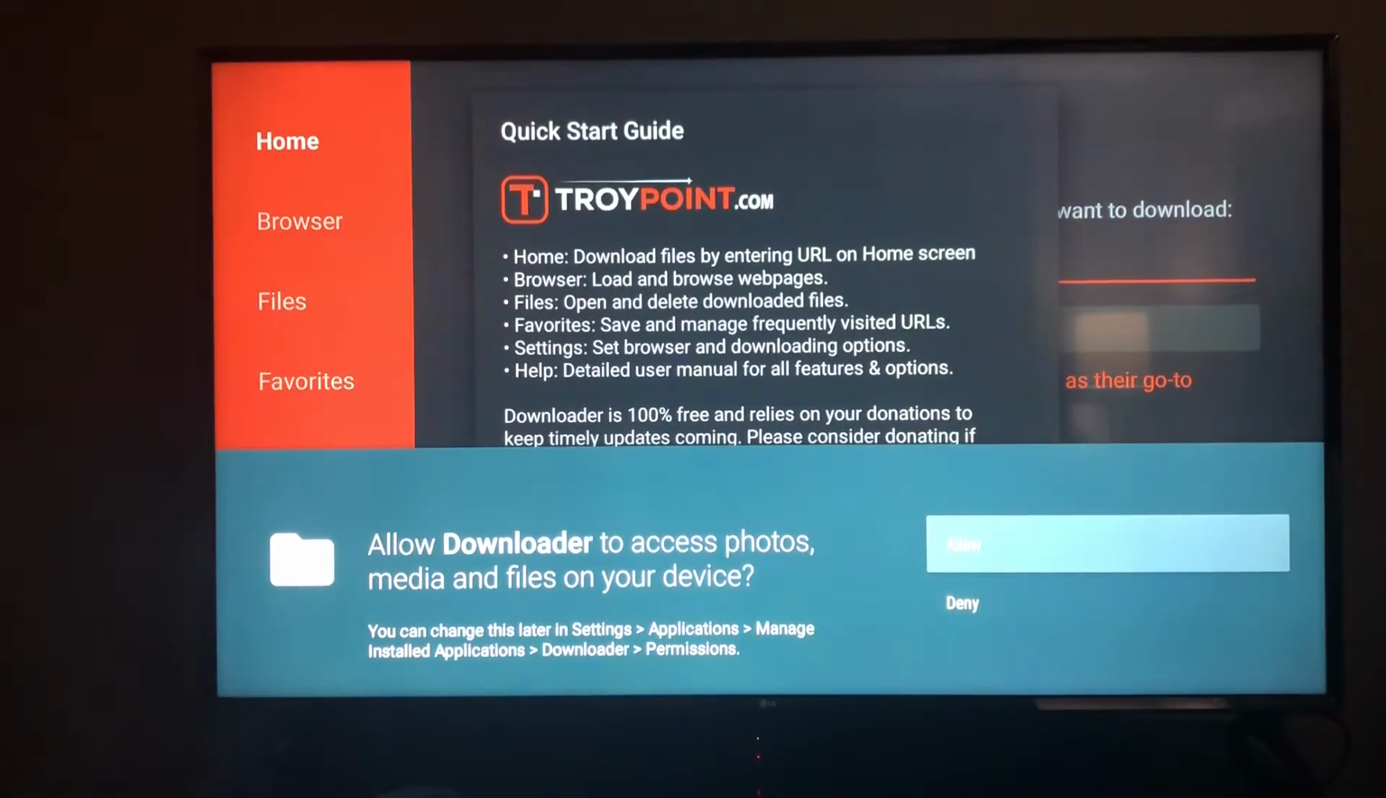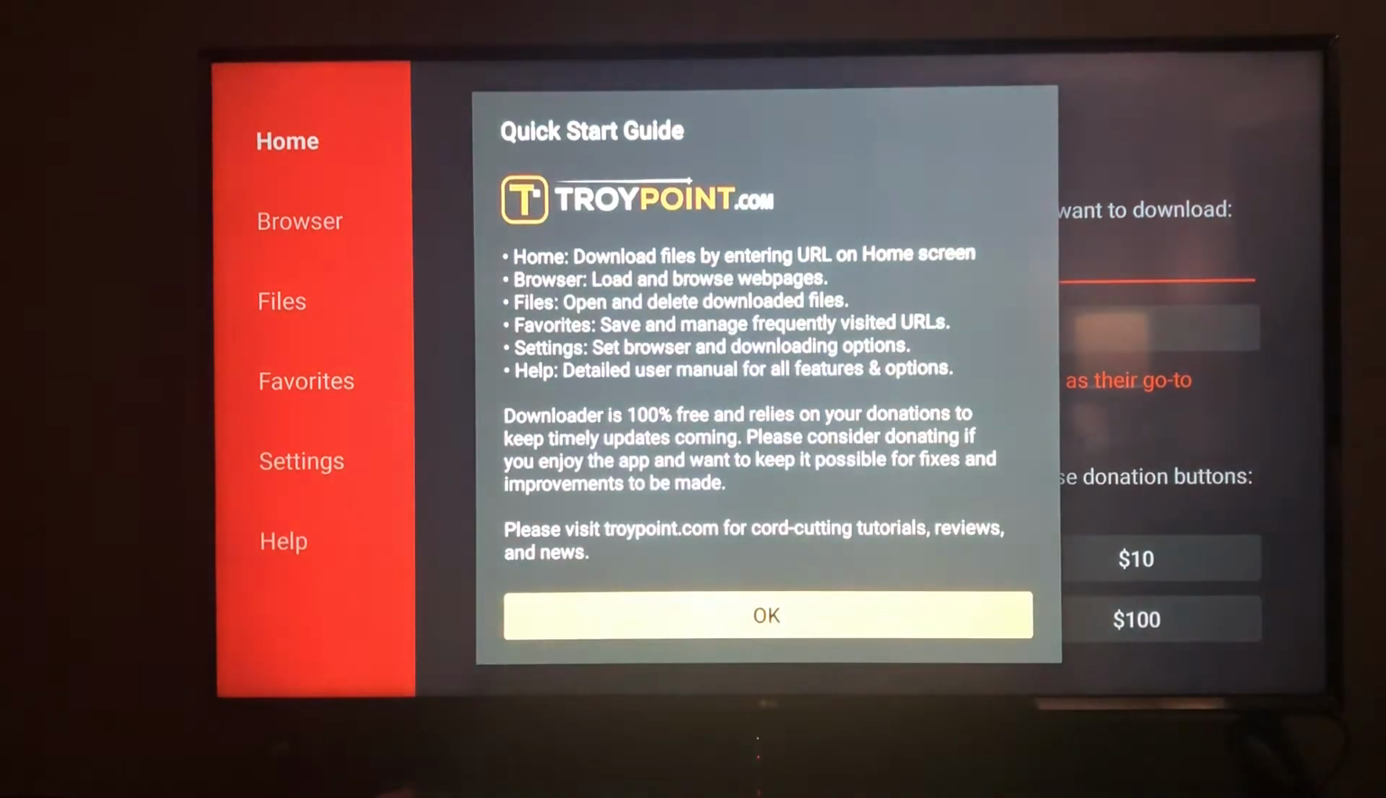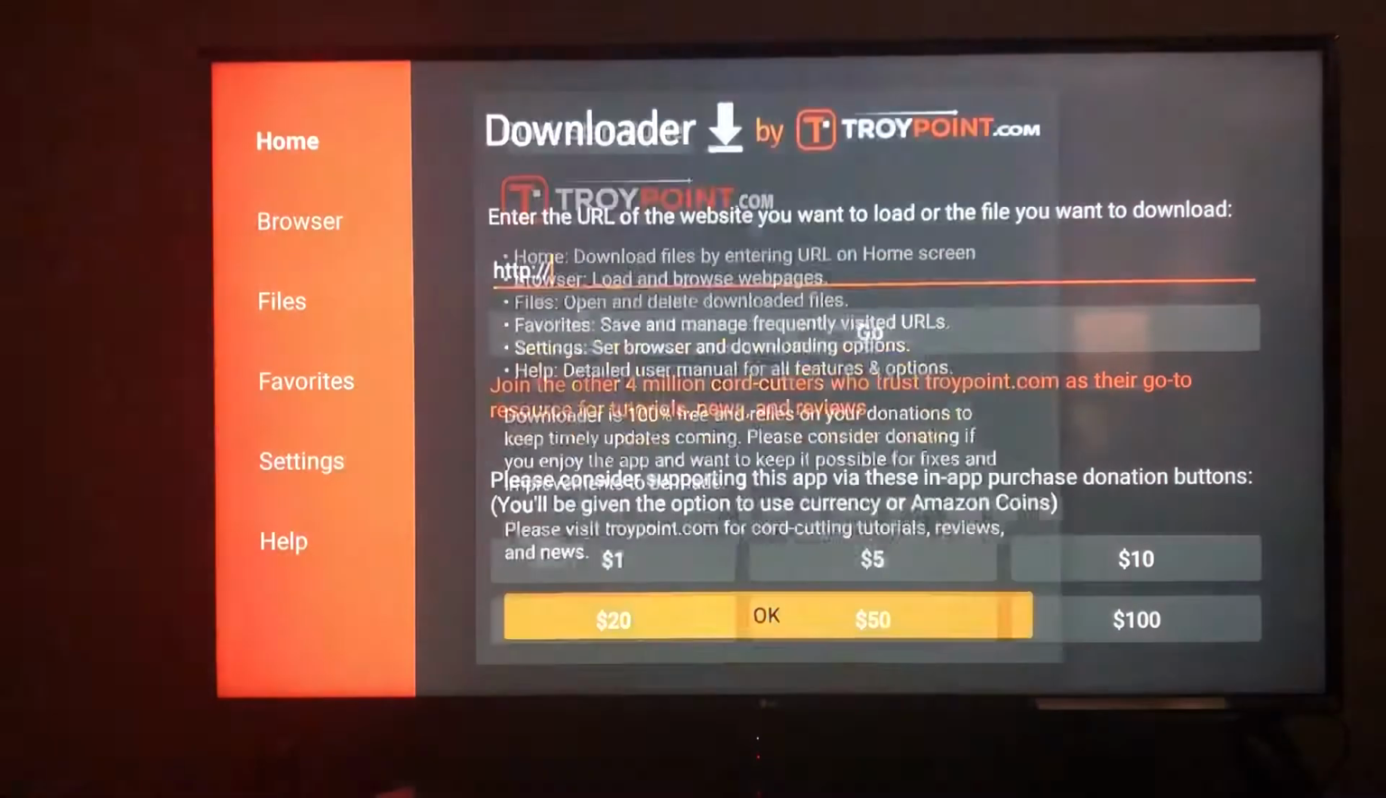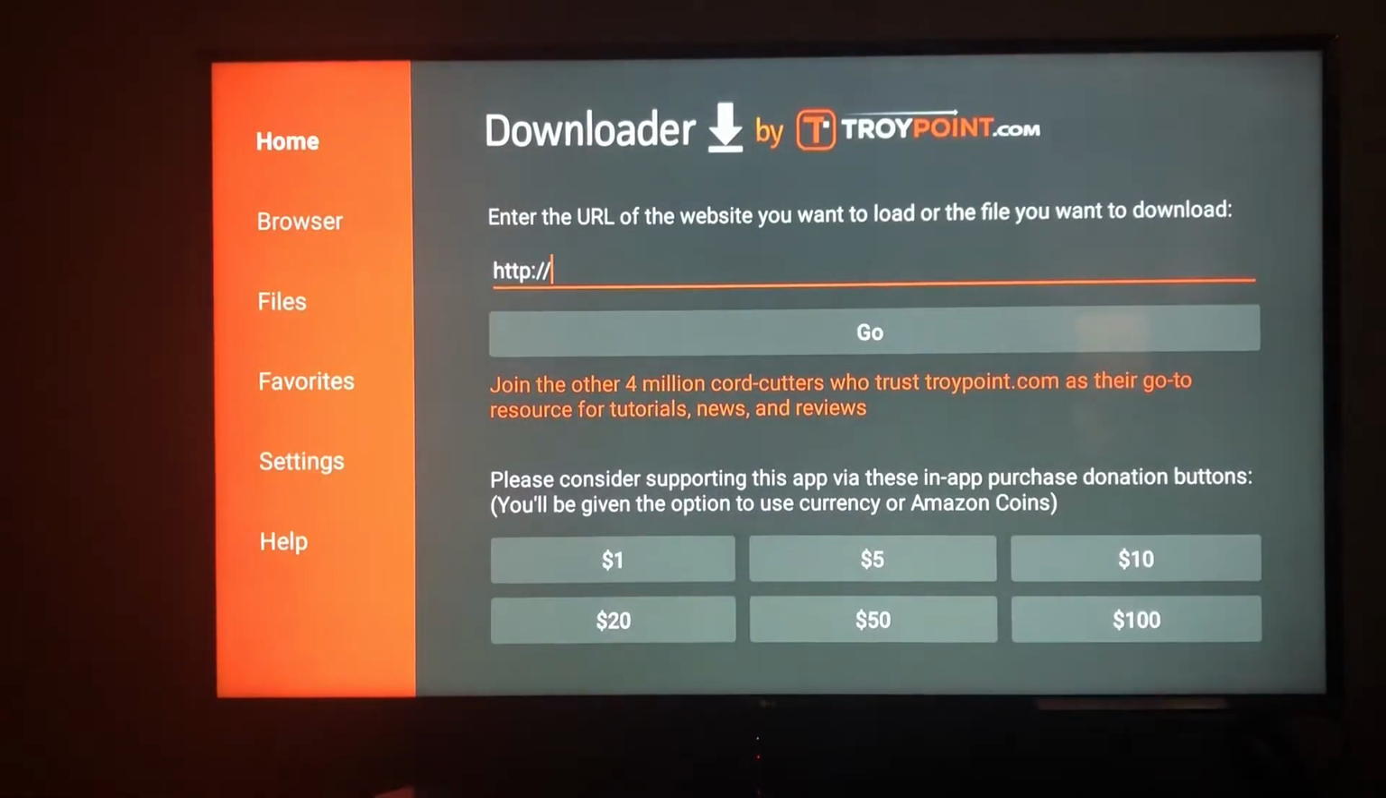You'll see a message on the bottom asking to allow us to find all your stuff. Just hit allow. And then there's a little message here. Just hit OK on the bottom. Then you want to go to the search bar up top, and you want to type in